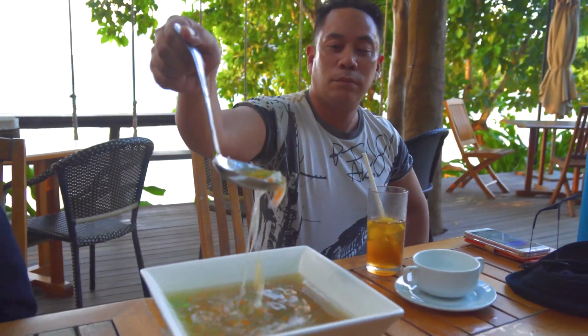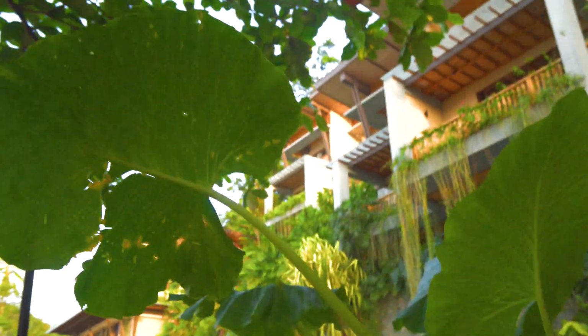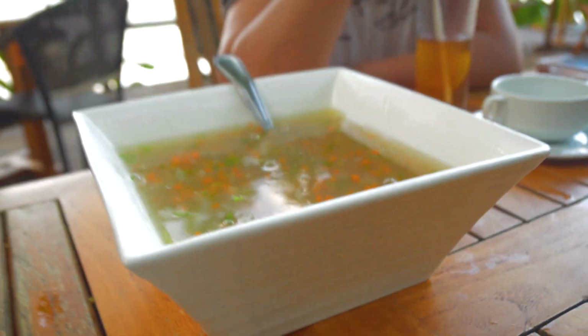We are here again in El Nido, watching the sunset soon, and we're having bird's nest soup on Marimegmeg Beach Club. This looks like a posh place with all these sky-high accommodations. Sky-high because we're talking about bird's nest soup. Can you explain to us what bird's nest soup is? Okay. I don't know what I know about it. But anyway,